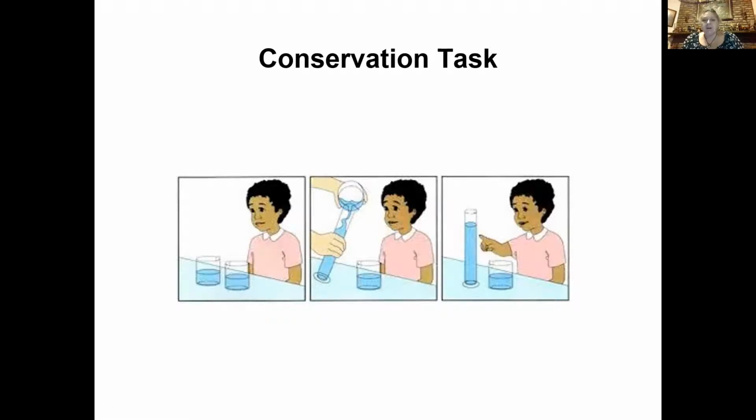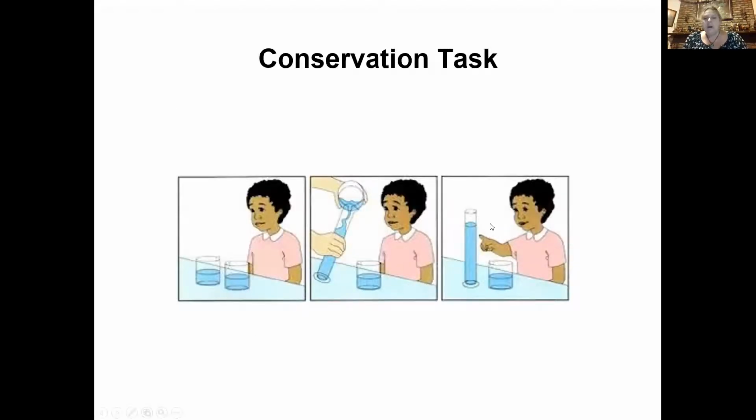They make this error where if you pour this back into a glass that is the same as this glass here, and you ask them if the amount is the same, they would say, yes, it's the same amount again. You pour it back into the tall one, and the child will once again say, no, this one has more. They are experiencing an error with centration, meaning that they can only focus on one of these traits at a time, meaning that they're not able to grasp the idea that although this cylinder is narrower, it is much taller.